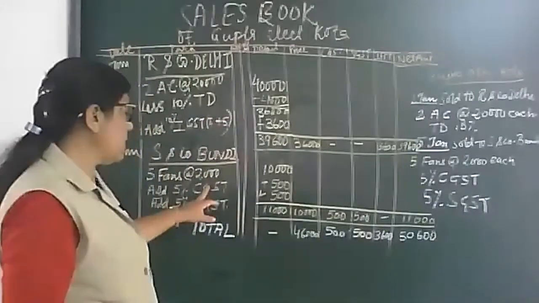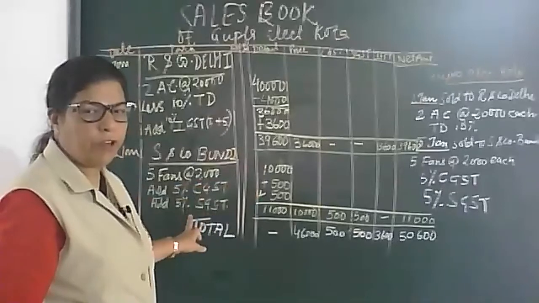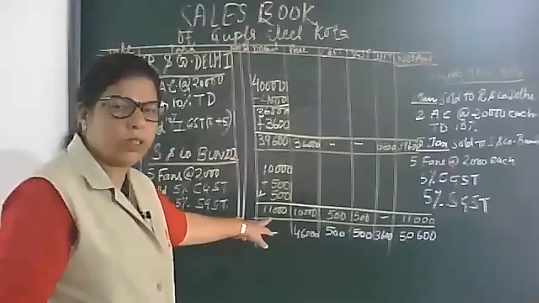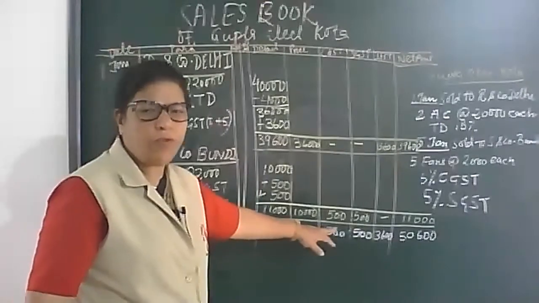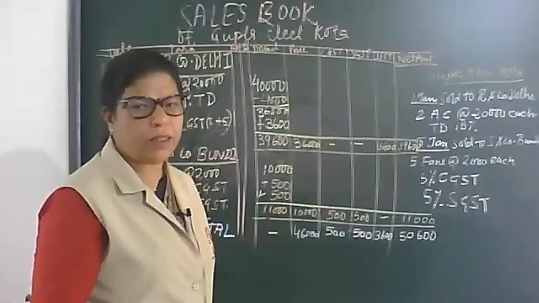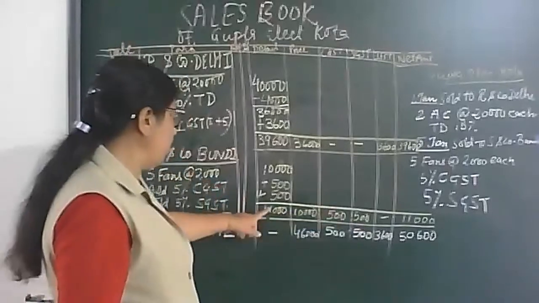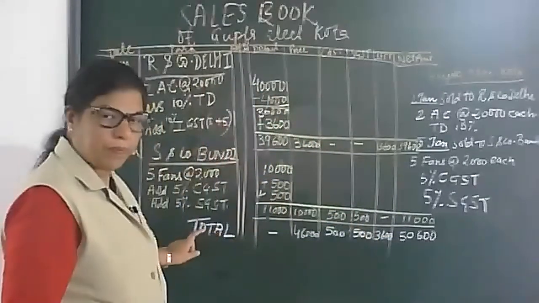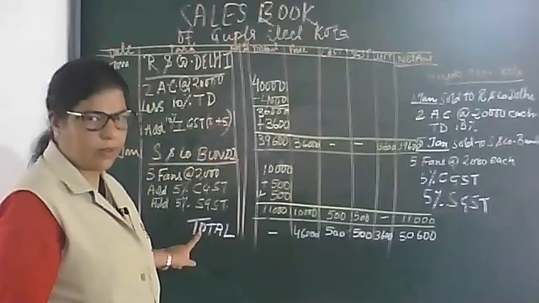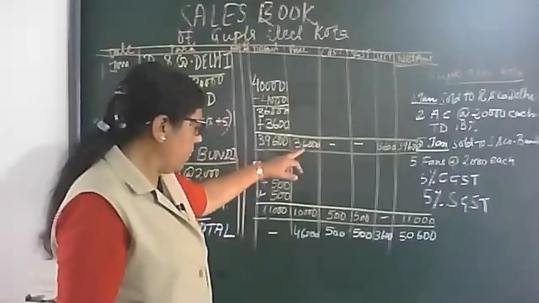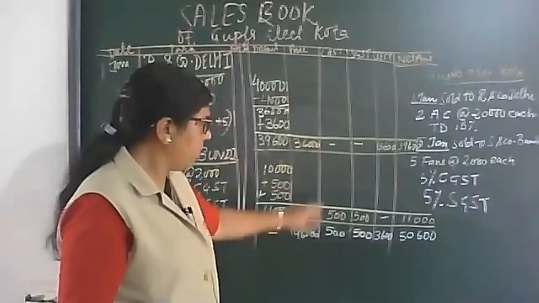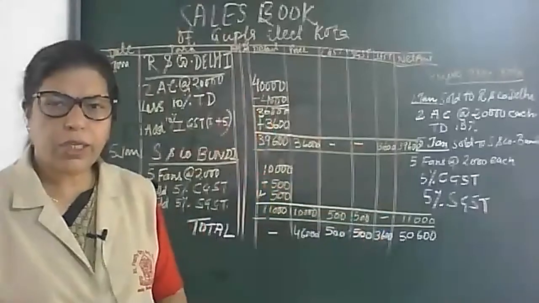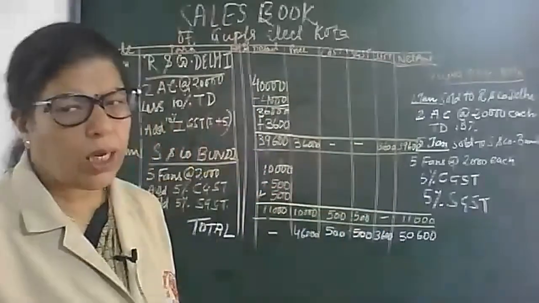Now 5% CGST of 10,000, 5% SGST of 10,000, total amount is 11,000, price is 10,000, CGST 500, SGST 500, and net amount will be the same as the first. But while we do the grand total, this is the grand total we can see for this column, this, and that. Okay. Now, I'm sure you all